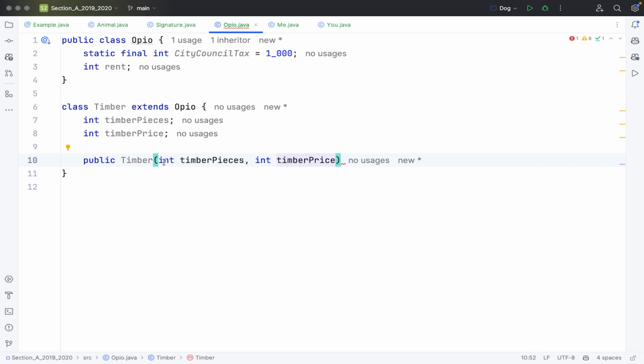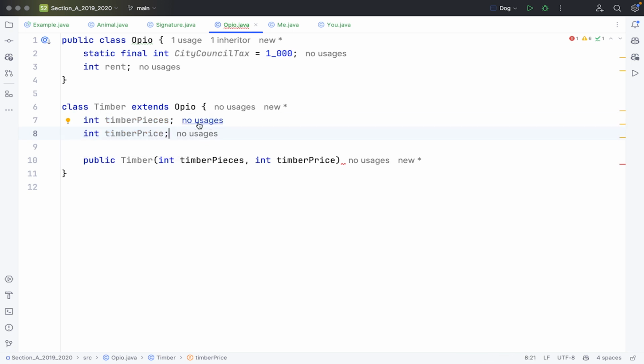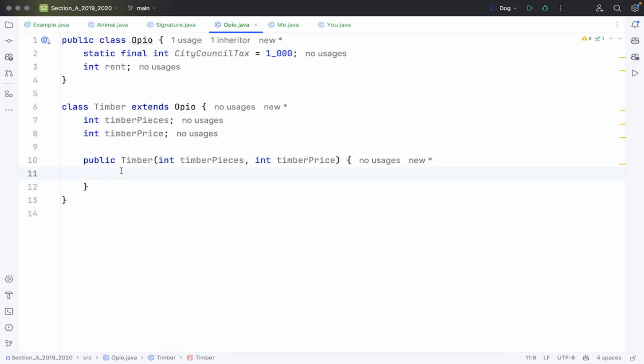So what I'm doing here, these parameters are different from these ones. So here IntelliJ is even saying there are no usages of this variable name yet. So when I do something down here, you will see this changing to one usage. But currently, whatever I'm typing inside here is not this. So let me go ahead and say, now what I want to do when I'm creating the timber object is to initialize these properties here. How am I going to do that? I'm going to say this